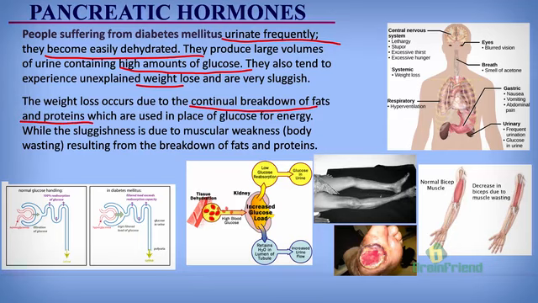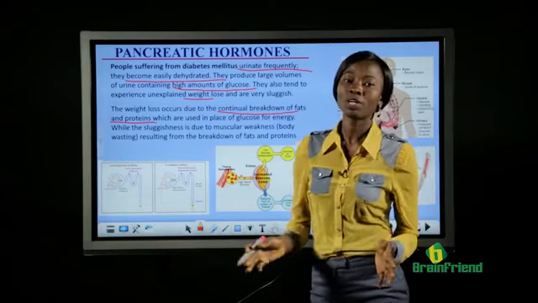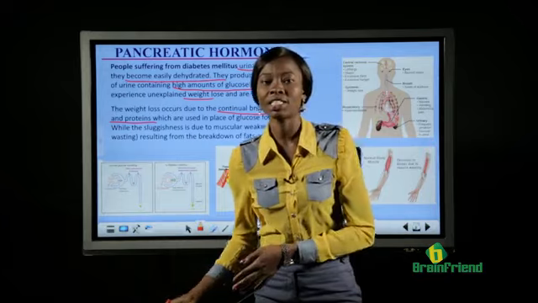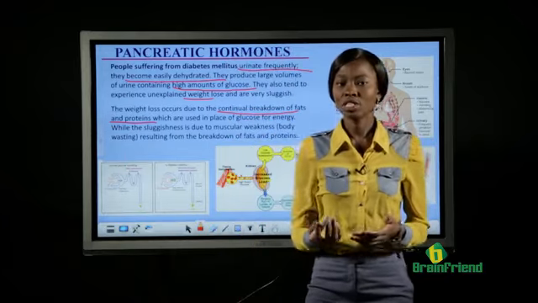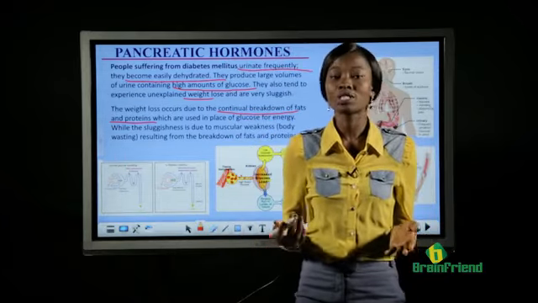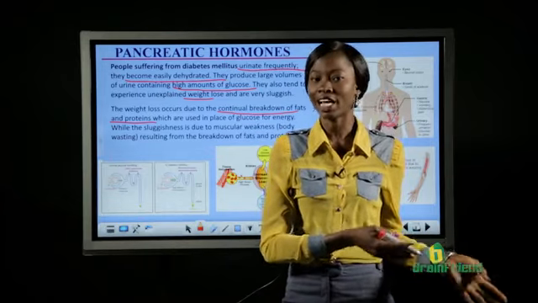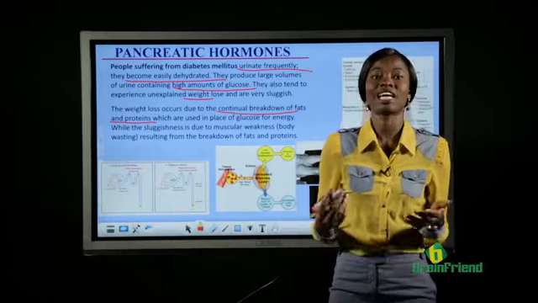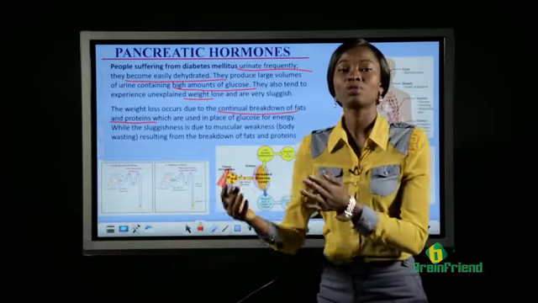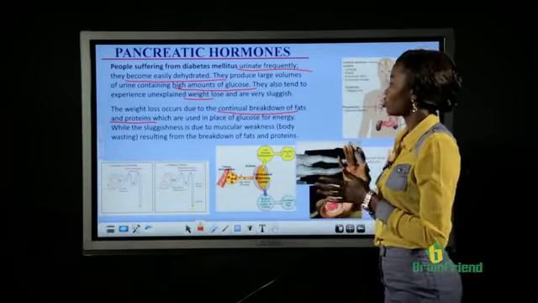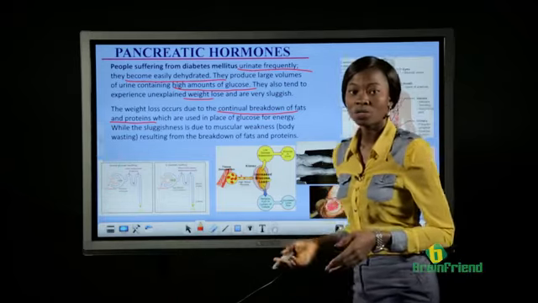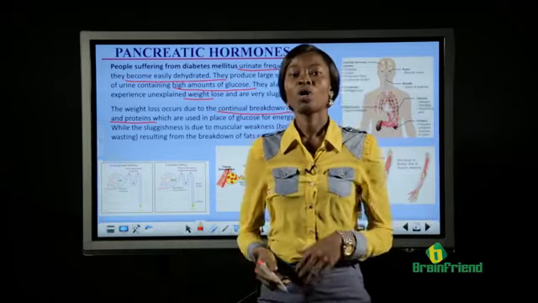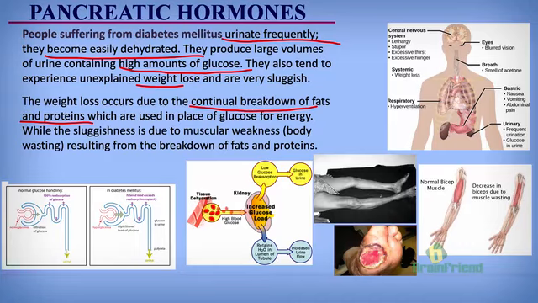Now think about it. The glucose in the blood is being excreted in excess out of the body. Glucose is not being stored. There is no insulin to stimulate the storage of glucose as glycogen, no insulin to cause the uptake of glucose by body tissues to be utilized for energy. So the glucose is being excreted out of the body. This will result in the breakdown or the conversion of other non-carbohydrate molecules into a source of energy.